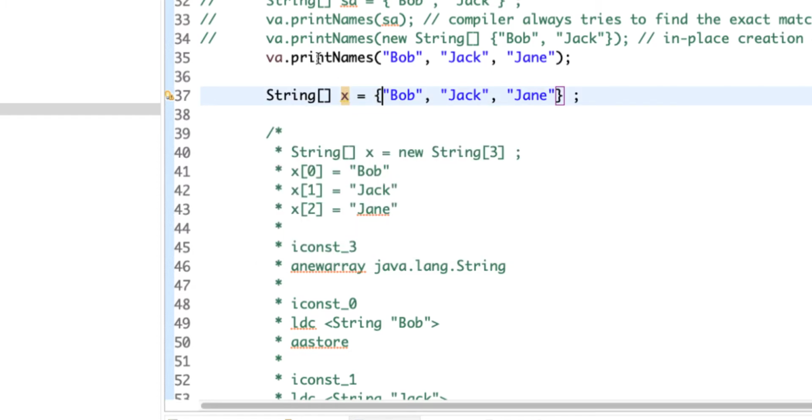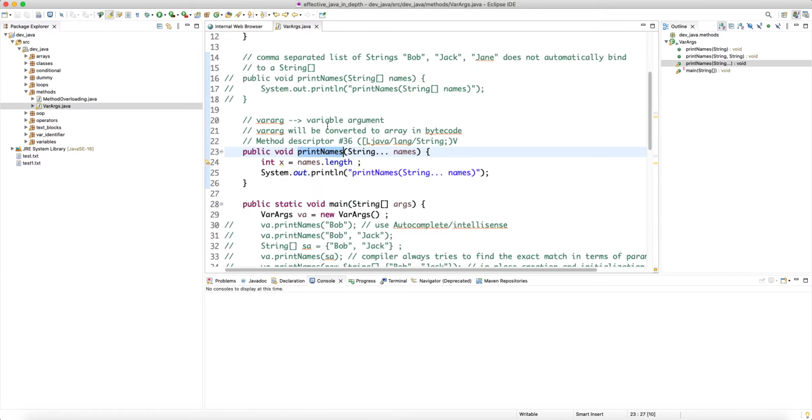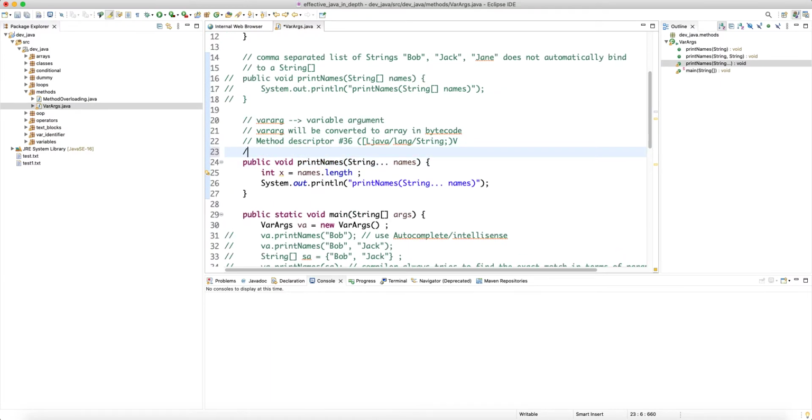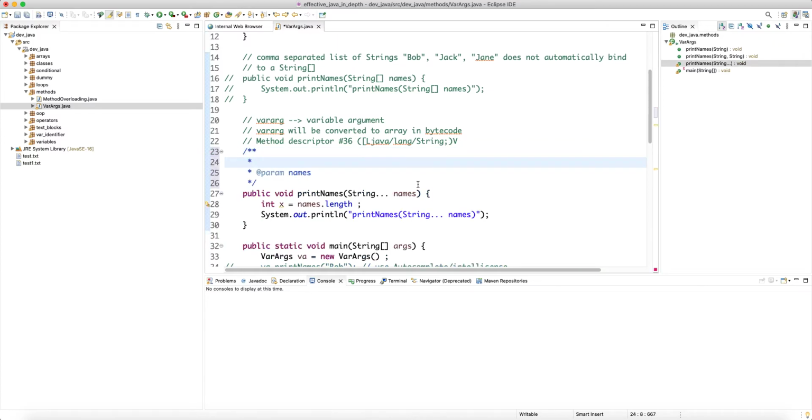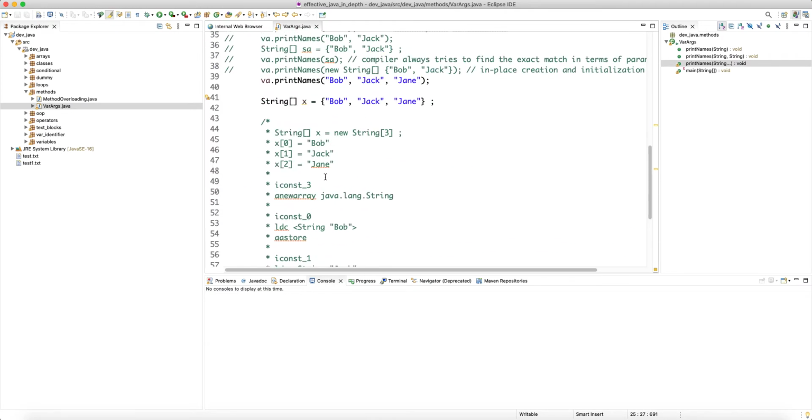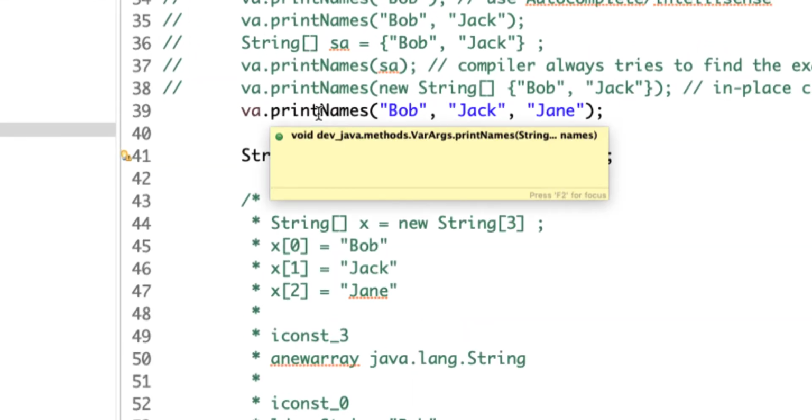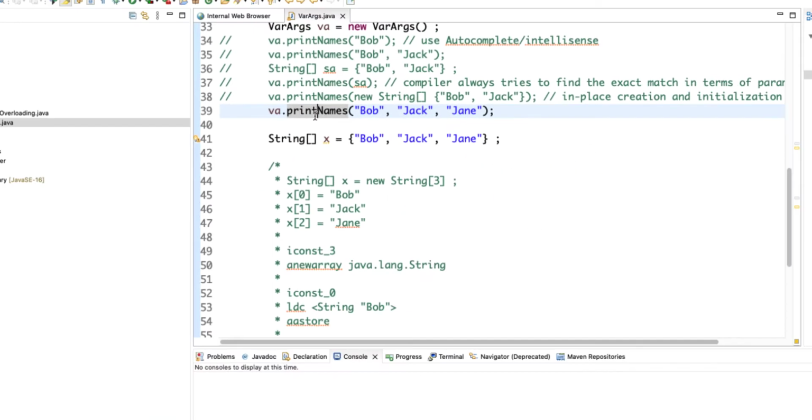If we look at the method printNames, for example, right now this method doesn't have a Javadoc. So if I try to create a Javadoc, with slash asterisk asterisk, you can actually document the name of the parameters. Again, that's because in the bytecode there is no mention of the name of this parameter, right? Instead, you can directly document it as an array of String elements, right? So you can document the name of the parameters, and then if I now hover my mouse over this method, why is it not showing the